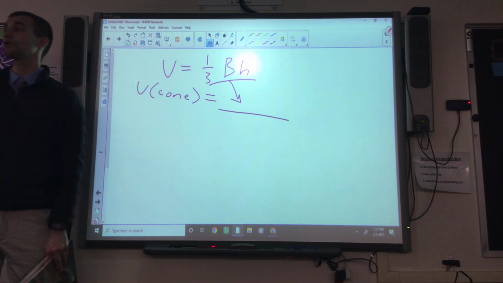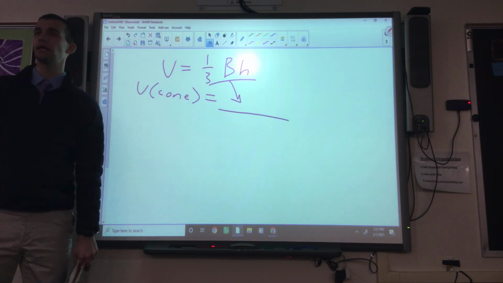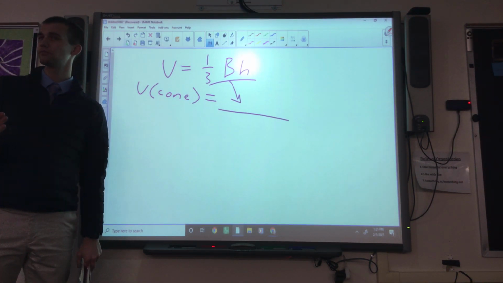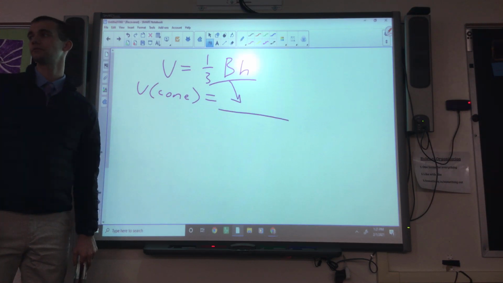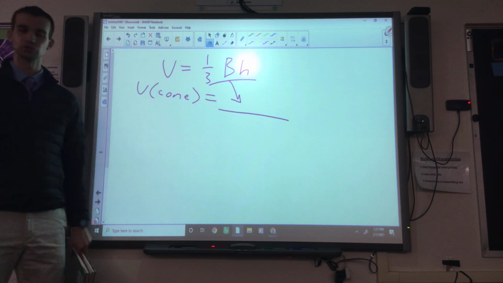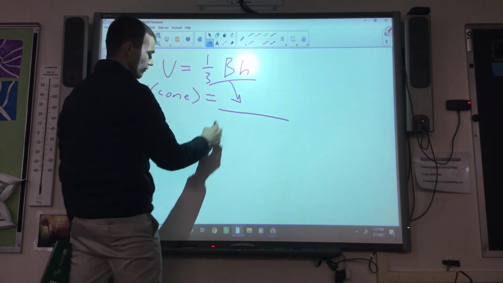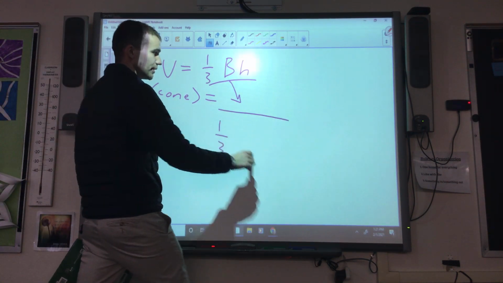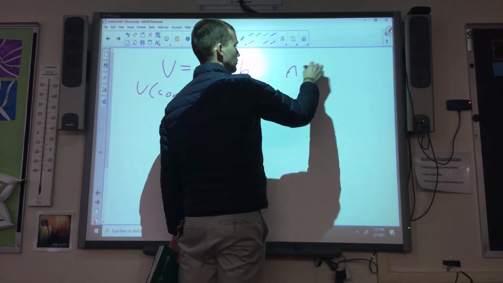The only thing is that for a cone, the base is not a square or a rectangle, the base is a circle. So when you have 1/3 big B, the area of a circle